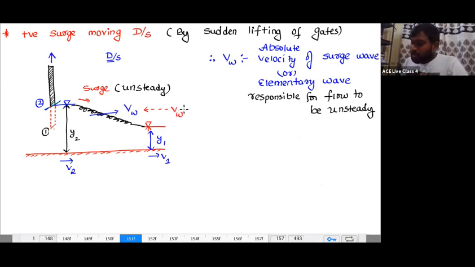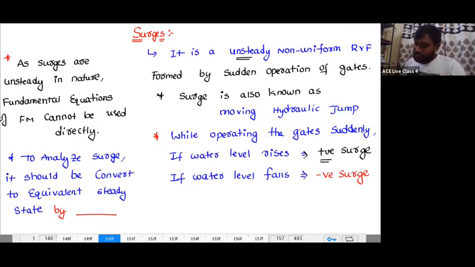What I'm going to do is, in order to neglect this, for making it an equivalent steady state, we apply an imaginary magnitude of VW opposite to that direction of surge. Now you tell me, to analyze the surge,